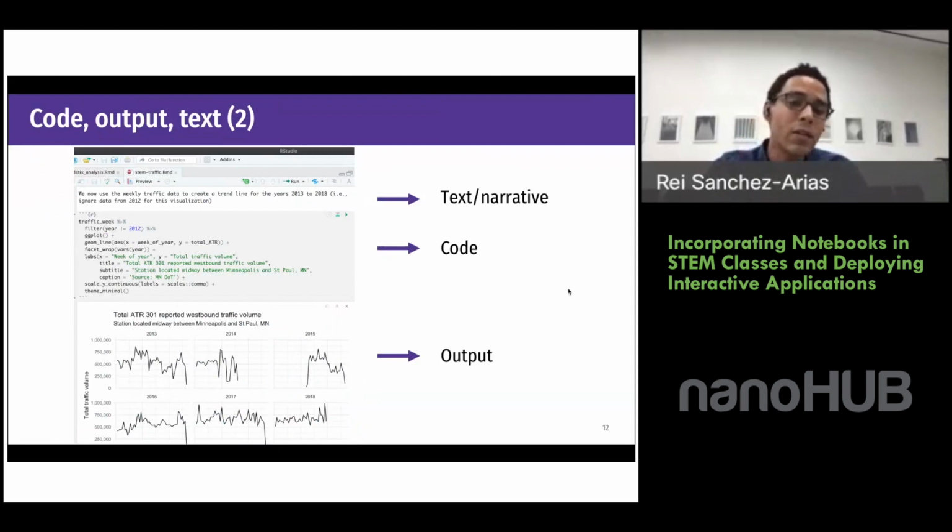Code chunk is the name that they give in the R community, that we can use to run, and we can write some code and take a look at the result that we produce. And all of this will live in our IDE in this case, or in the previous example, it would live on the Jupyter